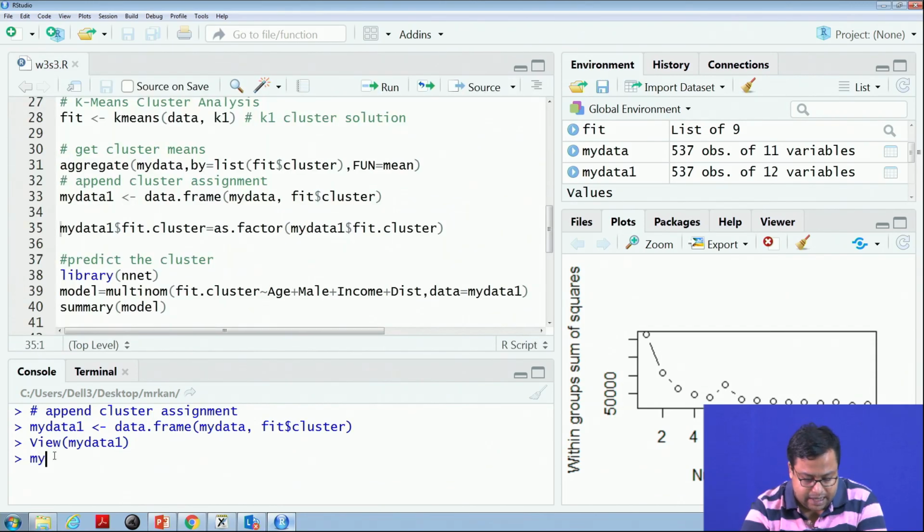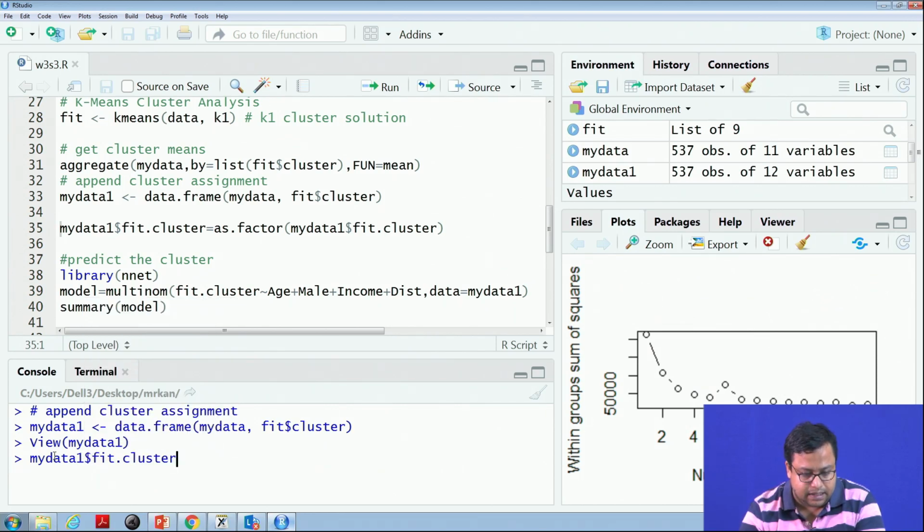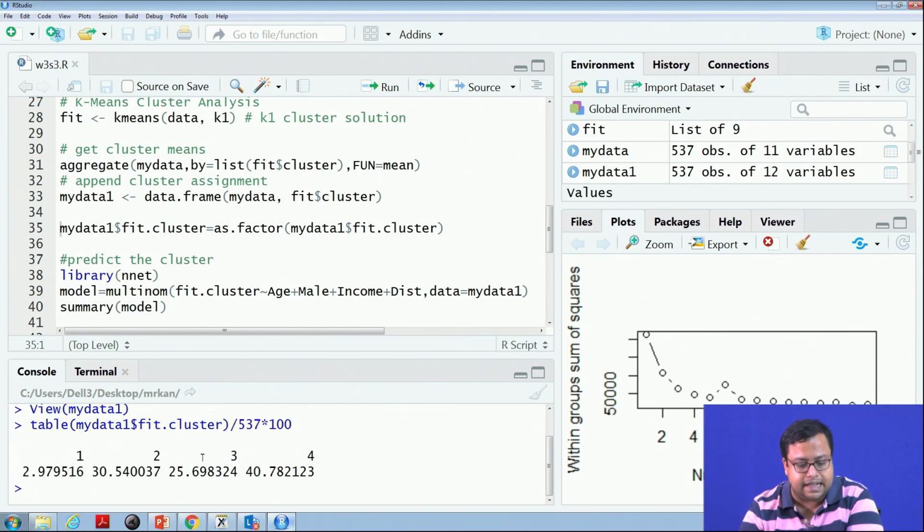So, if I just write my data1$fit.cluster and then find a table of that, divided by 537, into 100, in percentage terms I know segment 1 has only 3% of the people. Though they are very prominent, in numbers they are very small.